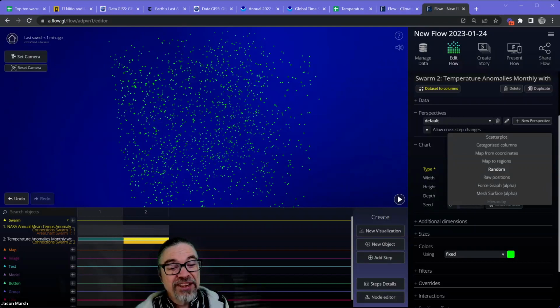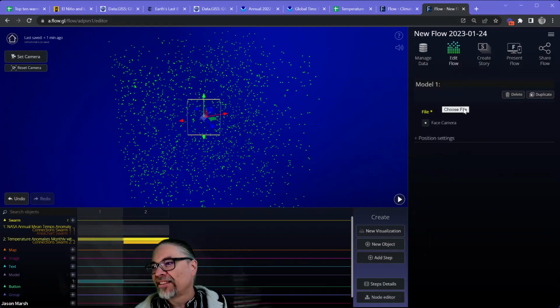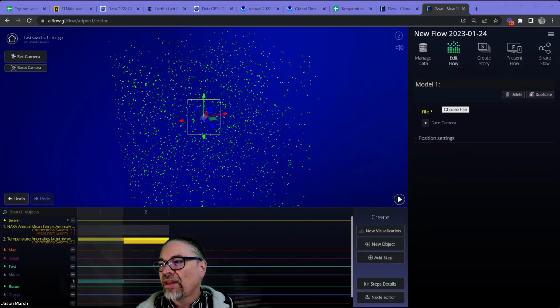Now, I will say that our import mechanism is not the most sophisticated in the world. We've obviously really focused on data, not on building 3D worlds out of models. But simple models do work, and let me just do one so you get a sense of it. Choose a file bin. Let me find the model.